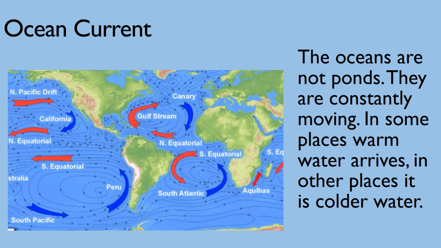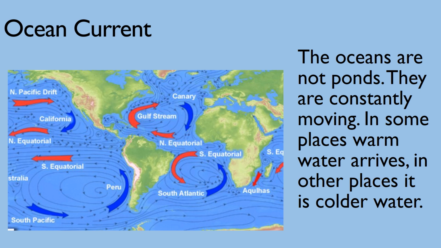And ocean currents, now it's easy to think of the sea as just still water that just comes in and out with the tides. But actually, the oceans aren't ponds, they're not still at all. In fact, they're constantly moving. In some parts of the world, that means that warm water arrives from other places. In other parts of the world, it's cold water. Now, in the UK, for example, we're very much affected by something called the Gulf Stream, which brings lots of warm water, which starts from the Caribbean and comes up towards the UK,